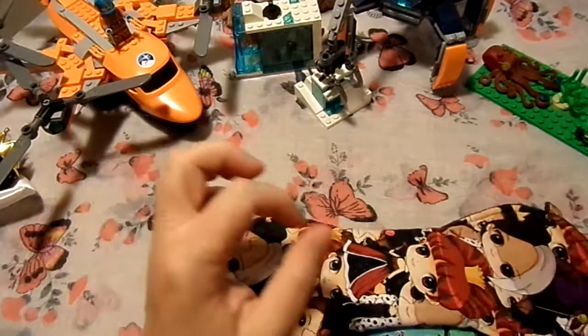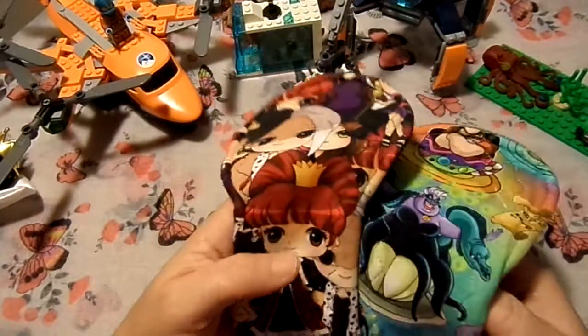Outside of that, this is Fire Lily Design, great prints, excellently made,